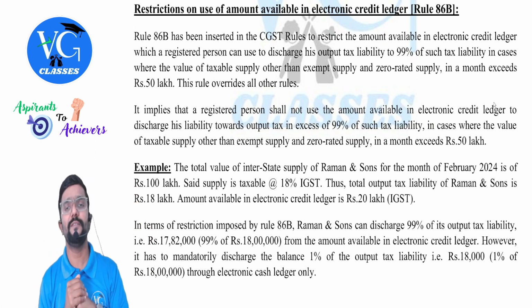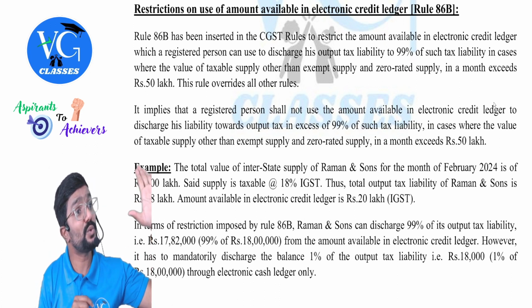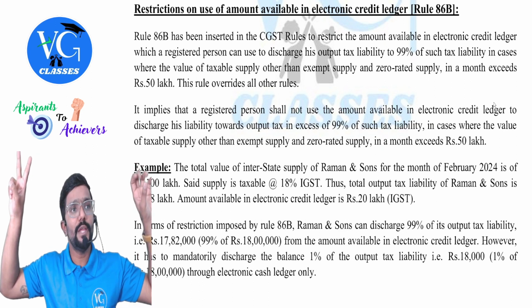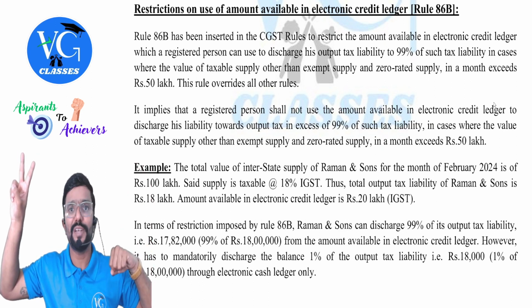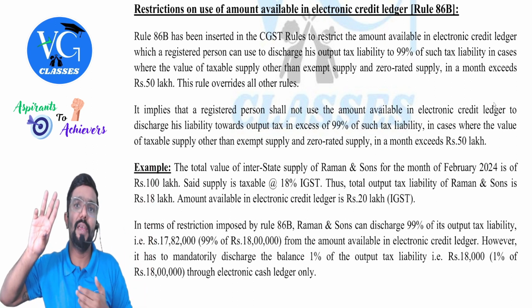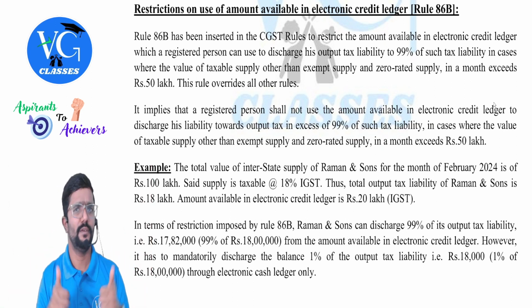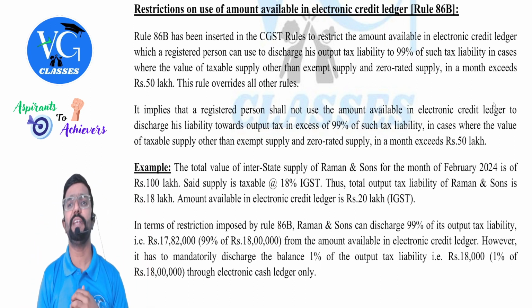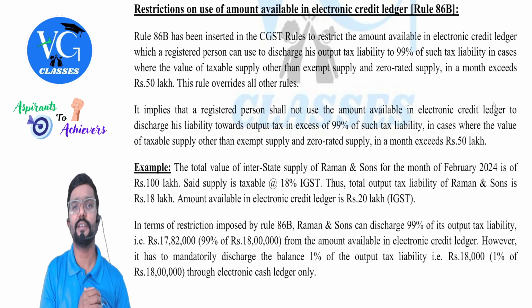Or else, let me give a reverse scenario. Assume my input tax is 25 lakh. My output tax is 20 lakh. Can I use credit fully? No, because my output tax is only 20 lakh. To the extent of 20 lakh, I can use. The remaining 5 lakh, I will carry forward. Fair enough? Yes, sir. But they added a rule 86B, telling that even if you have full credit, you cannot use